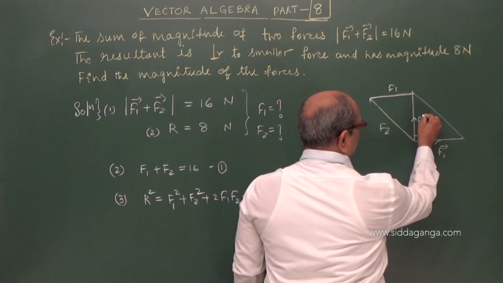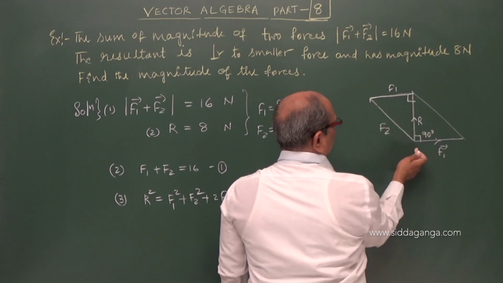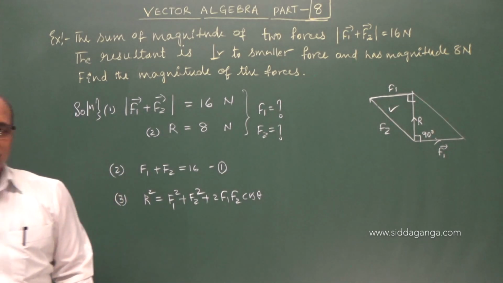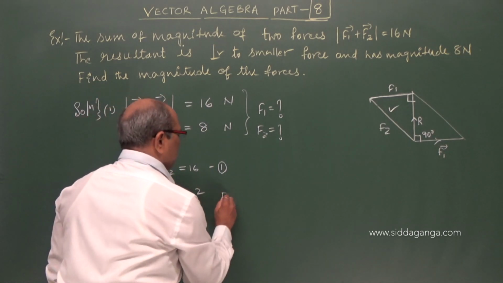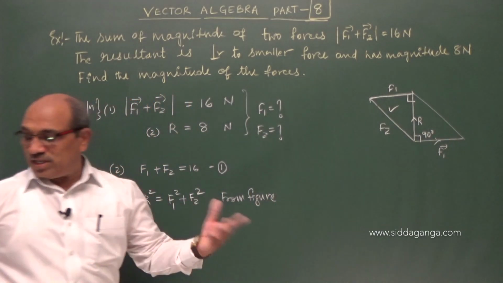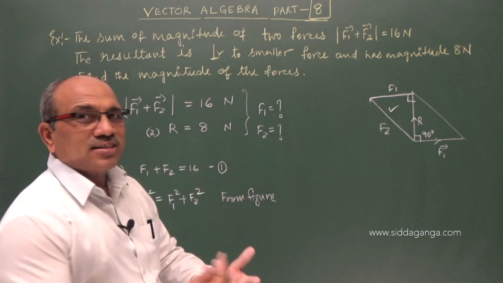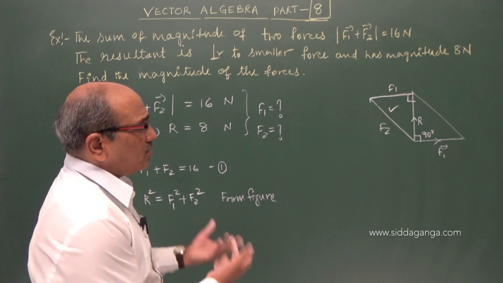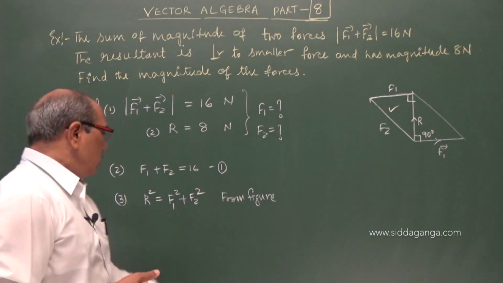So this is R and this angle is 90 degrees because they already told. These two are parallel. From the figure, what correction can I apply here? I remove this. This I got from the figure, which leads to your answer easily. That is why many times physics becomes tough. We read and we get locked somewhere, not getting the answer at all. We have knowledge but application fails. What can be done? F1 plus F2 is known.